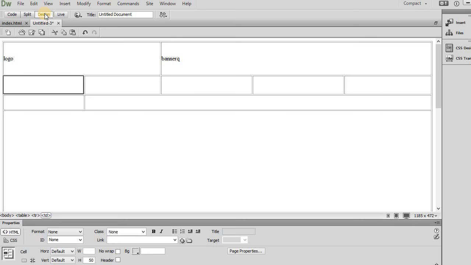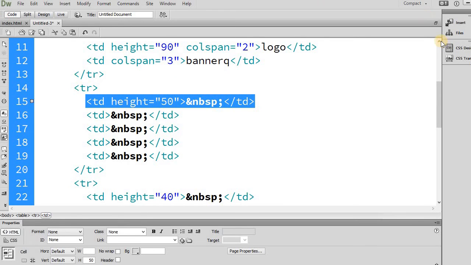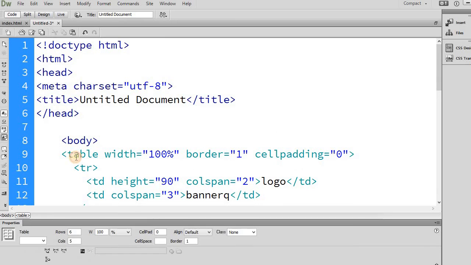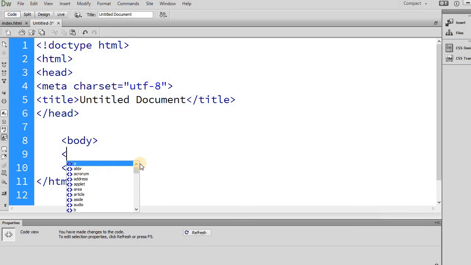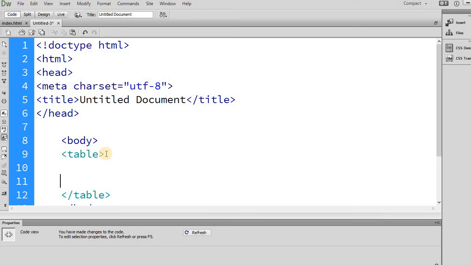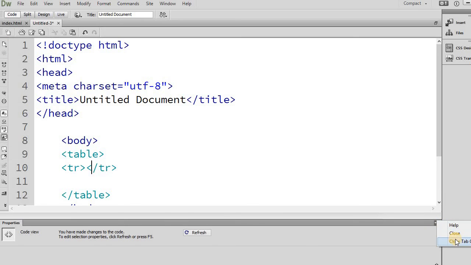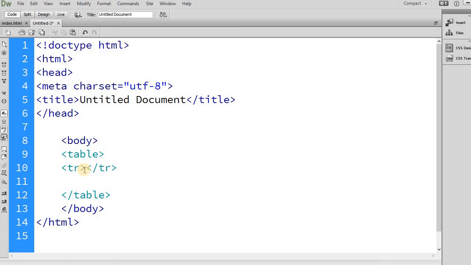So why we use the table here? We can also use the table just to show the data in the tabular form. Let me give you one example. Let me close this table here. I will create a new table here. Like this, in this I will write tr. This is the structure of the table. You have to write the table structure, then tr, then td, right? In between, what I will write here,